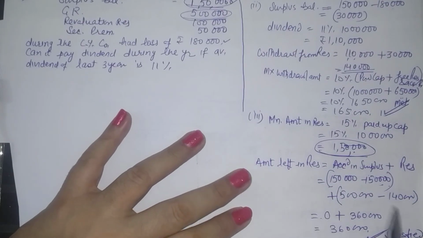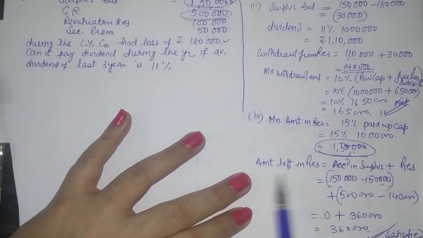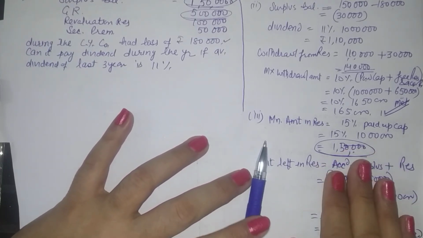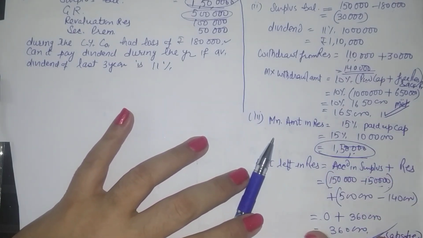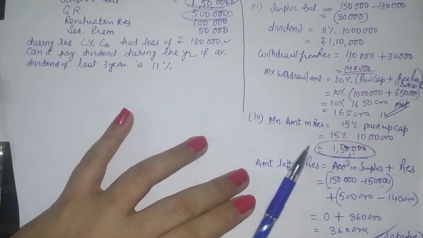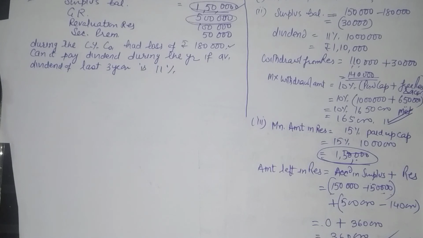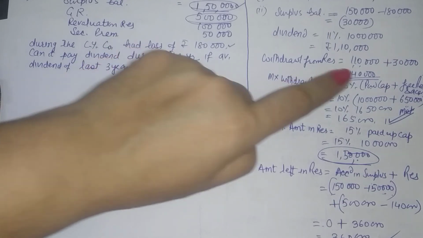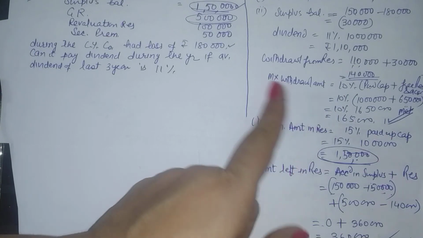Now suppose when you calculate this minimum amount left in reserve, say 1,50,000, and herein you are having not 360, suppose you are having 120. It means that you need to adjust the amount by 30,000 because 120 is left, but we need to have 150. So 30,000 is to be adjusted. So it will lead to further adjustments. So we will be taking up the amount withdrawn in two ways. One is that the maximum withdrawal limit is 10% of the capital plus all free reserves including surplus balance. So this is the maximum limit.